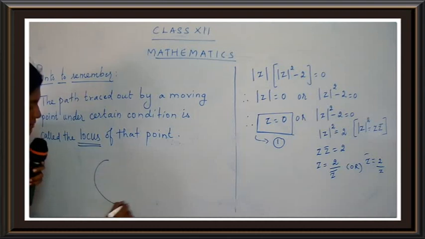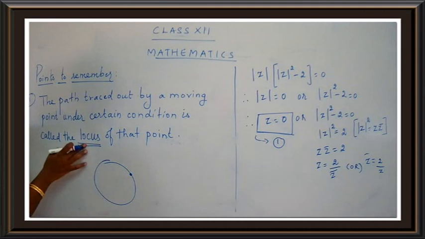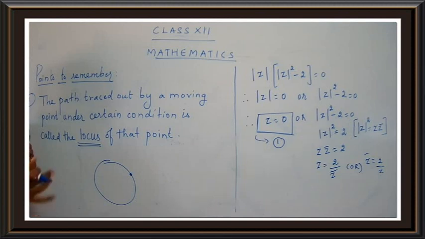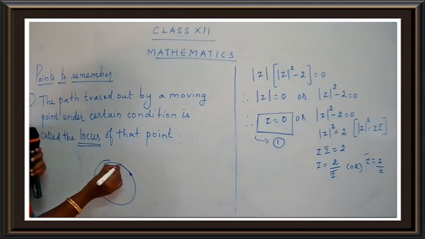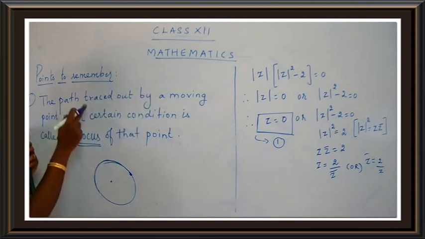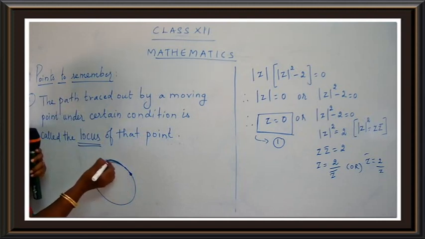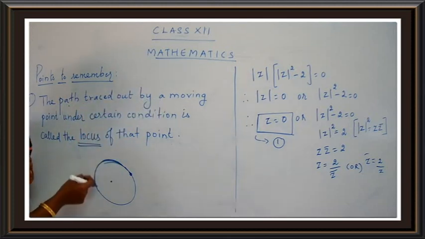Suppose here, consider a circle. Now, we are going to trace out a path. Let us see what is the meaning of locus. The path traced out by a moving point under certain conditions. So you will be given some condition. Suppose I am fixing a point, and you are going on moving the point. If you are just going on moving a point, you are able to get a path. So the path which is traced out by a moving point, whatever path you get by a moving point, is called the locus,